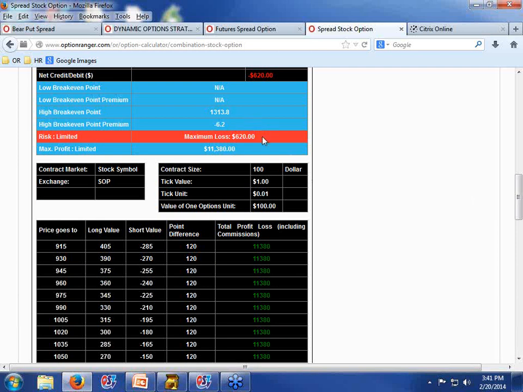The attractiveness of a non-margin bear put spread is in the risk column, because the maximum loss in this particular case would be only $620. So since this is a bearish trade, if gold went up to $20.00 and you sat on your hands and didn't salvage premium, didn't do anything, then the most you can lose textbook is the $620 debit that was your